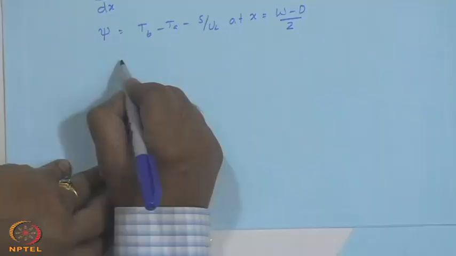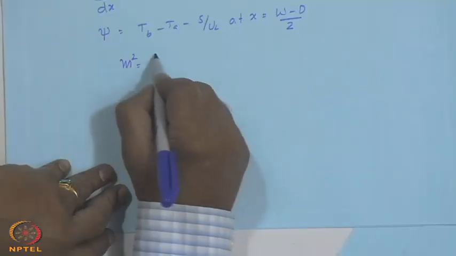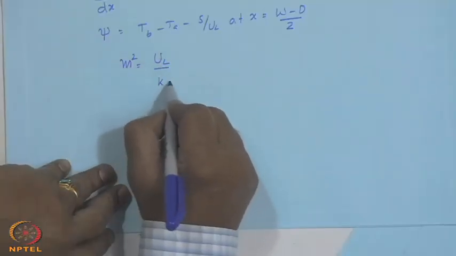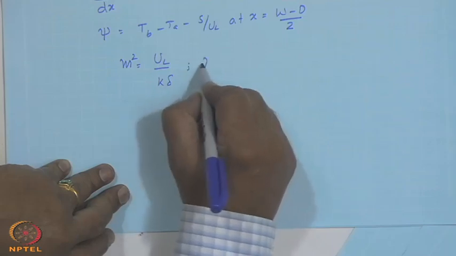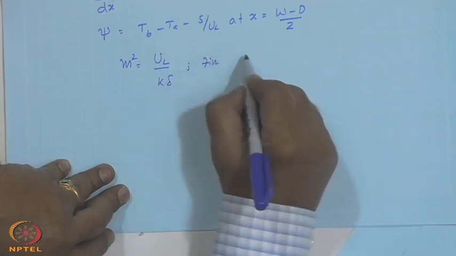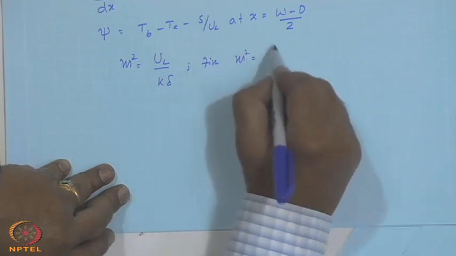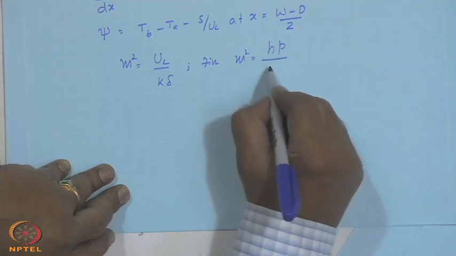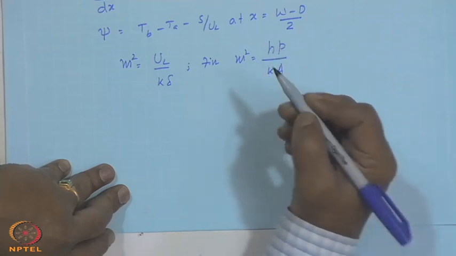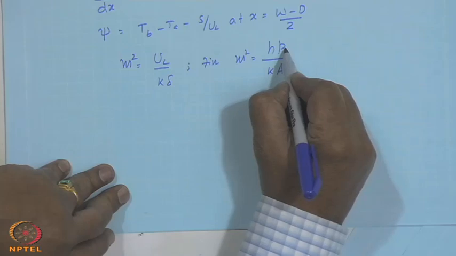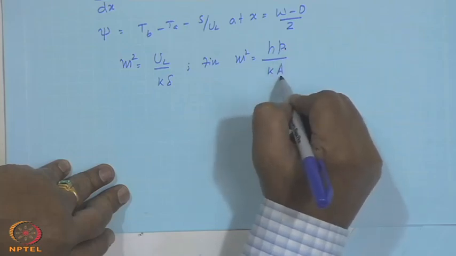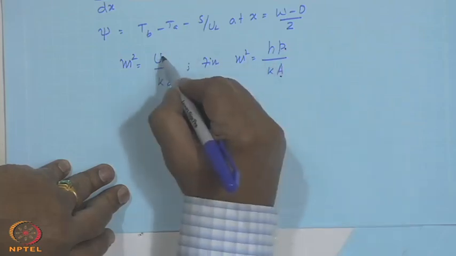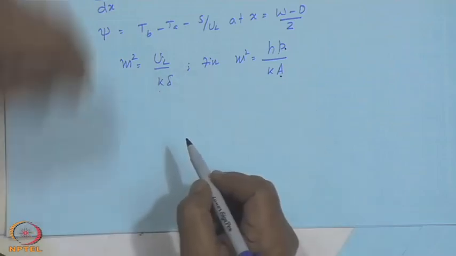And you can see that m squared is U L upon k delta, and in the fin case m squared is h into p upon k A. So, you have a length dimension extra here and another length dimension extra here. Instead of that, you will have U L by k delta in this case. Otherwise, it is nothing but the fin equation. We will try to get the solution in the next lecture, and until then,